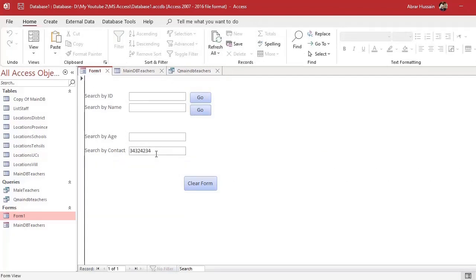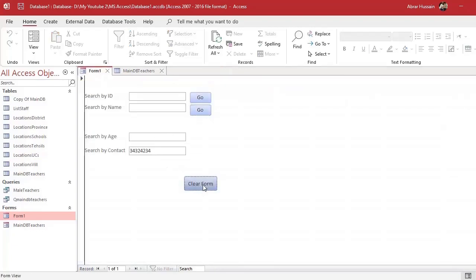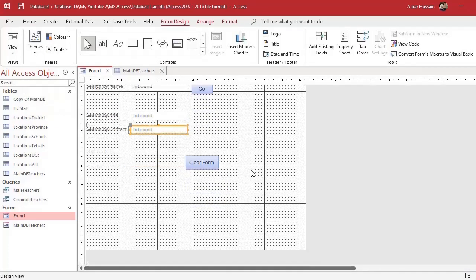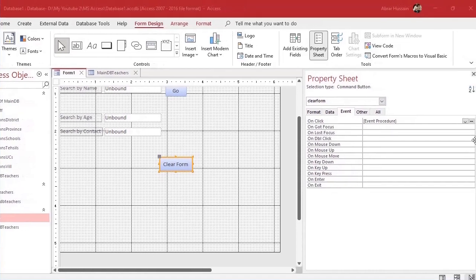Here I have typed a contact number, go. It says no one because I have just typed digits only. Now if I clear the form, it would clear all the cells but not this one. Why? Because it has not been added yet. So first you complete your form, then you can add your clear button, or you just come here in design view, click the clear button, double click, go again to that event, and then to that Visual Basic command from here, this place,